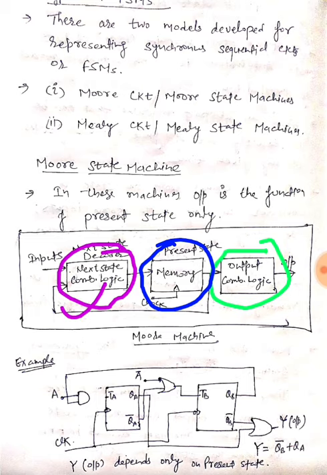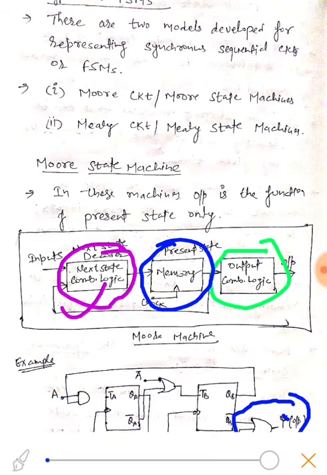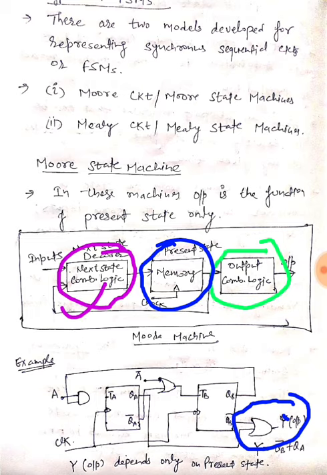the output logic. It is implemented using this sequential circuit. Okay, and the next state logic is implemented using this combinational logic. It will calculate the state for us, in which state the system would be if we provide a combination of inputs. So since it is an example of a Moore machine, the output depends only on the